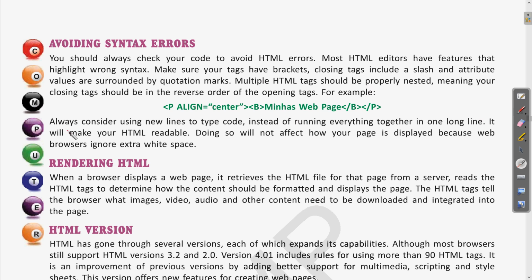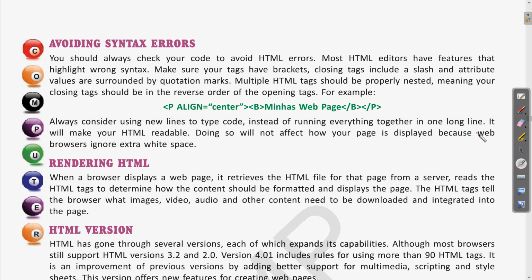Now next is always consider using new lines to type code instead of running everything together in one long line. As we have seen, we have written our program in multiple lines which were properly nested. It is required to write programs in multiple lines.